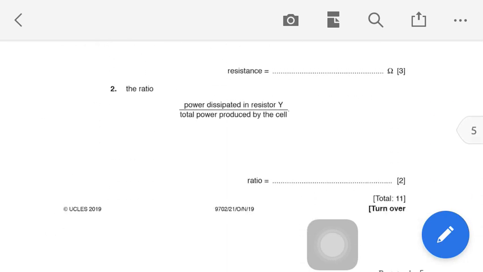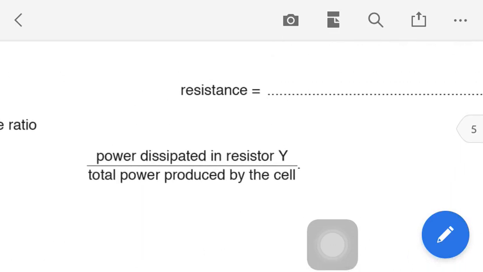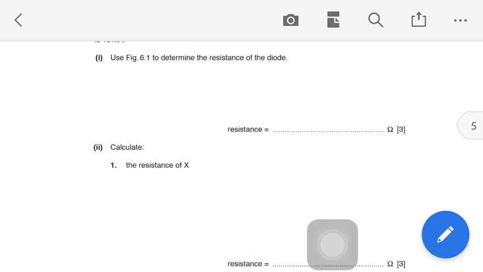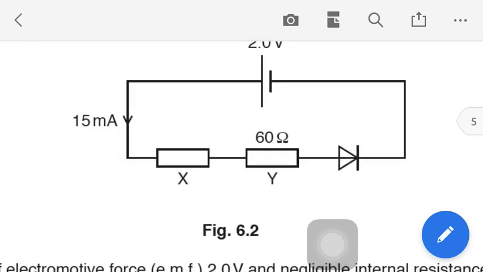Then you have to compare that total power produced by the battery, the cell, with the power dissipated in resistor Y. For resistor Y we know everything. We know the voltage, we know the current, we know the resistance, so you can use anything. I would prefer using resistance and current, that is P = I squared R, since it is V that we calculated for the voltage, but basically everything is the same. So if you apply the equation,